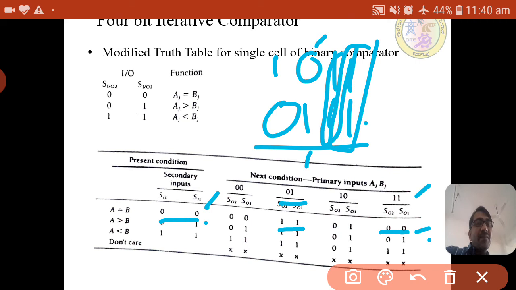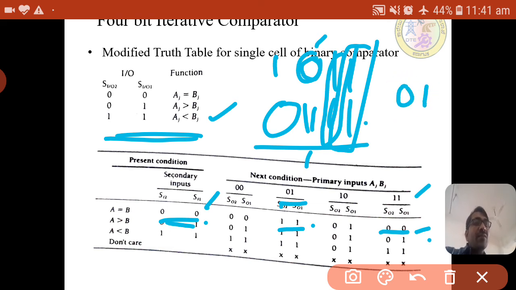Sorry, the input is 0 1 and the present input is 0 0, so the output is 1 1. What is 1 1 here? 1 1 is a less than b. So 0 and 1, a less than b. If you take 0 1 1 and 1 1 1, these 3 bits are compared at present, so 3 is less than 7. Okay, it is giving us 7.